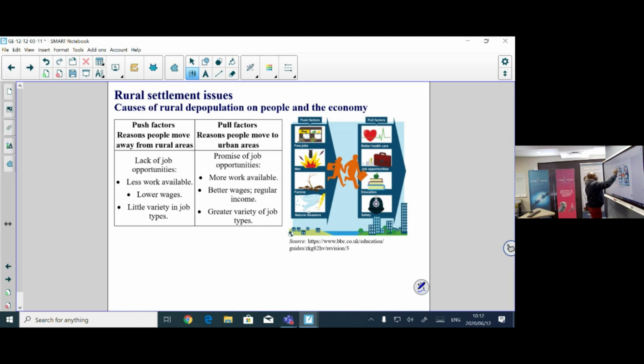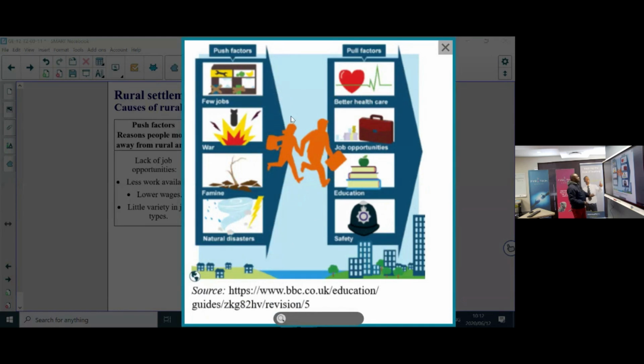It is portrayed here in this illustration to show why young people move out of the rural areas to the urban areas. As you can see here, it is summarized as follows: few jobs, war, some rural areas lack defense. So you find that most of the security is not there, like in the urban areas. So there might be people attacking each other,